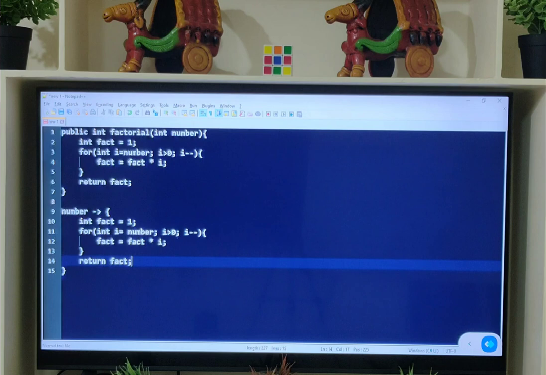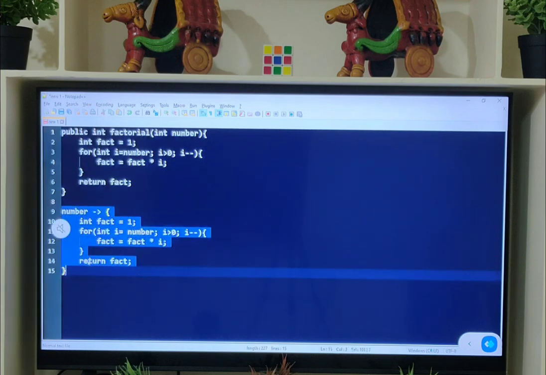That's it. This is all about lambda expressions.